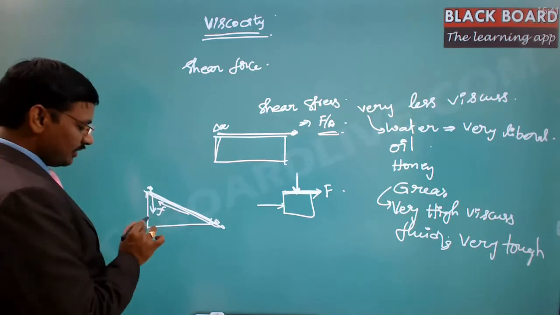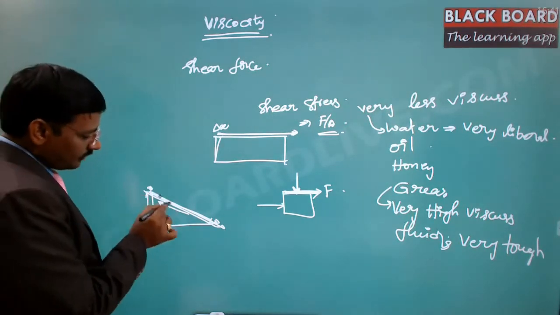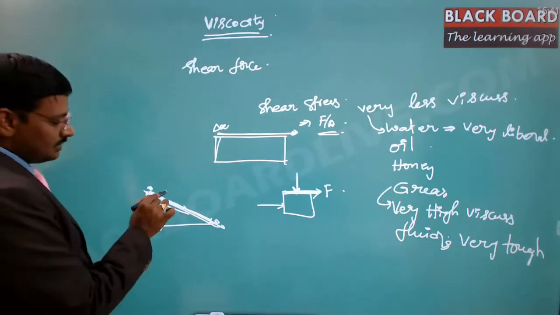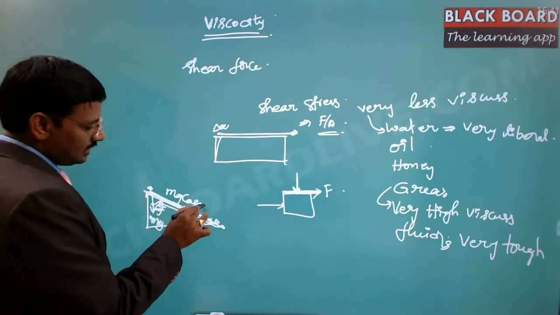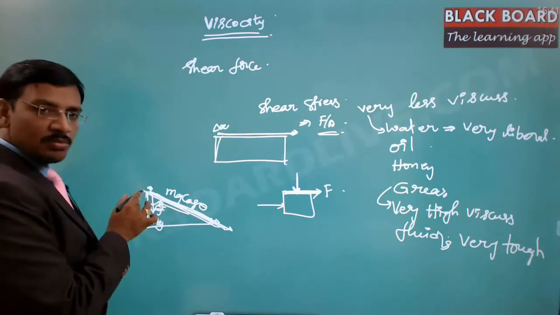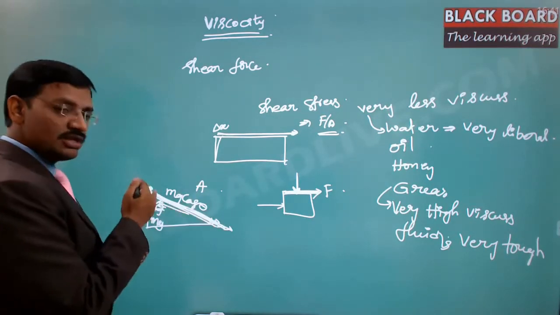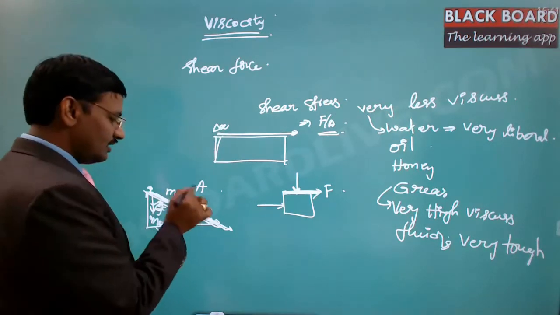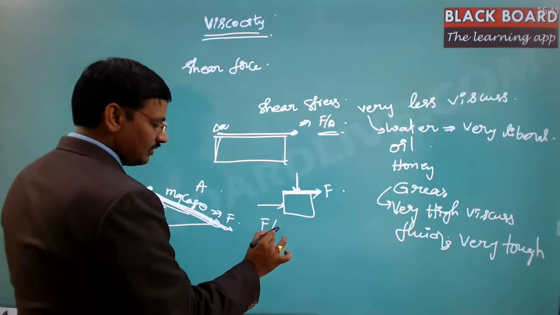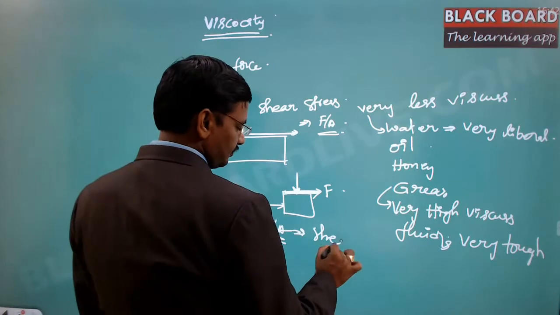So in this particular case, the mass of this person is m, then mg is the weight, which is downward, and there is a component of the force along this particular direction. Let us say it is making an angle of theta, then mg cos theta is the force in this direction, and this force is absorbed by a surface area. Let us say the area of the surface where the person is sitting is A. Then this force divided by this area is called the shear stress.